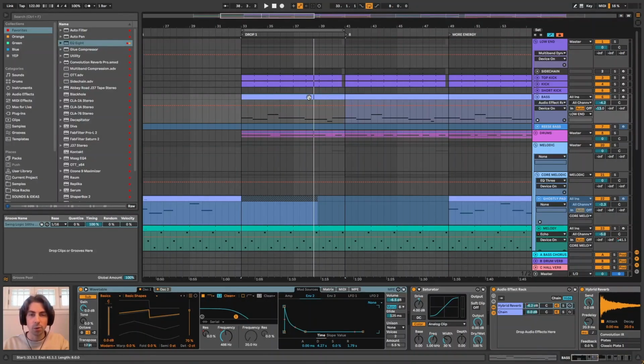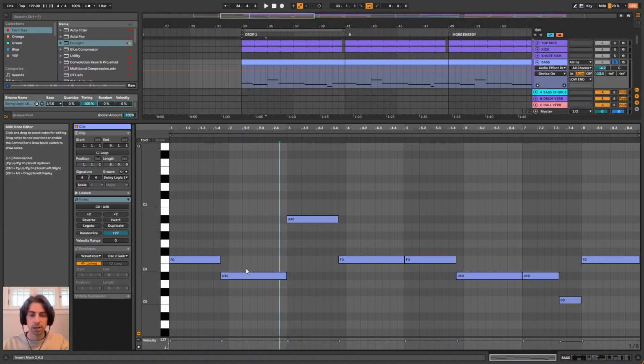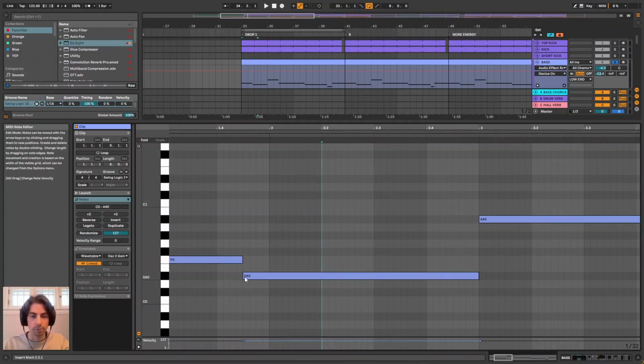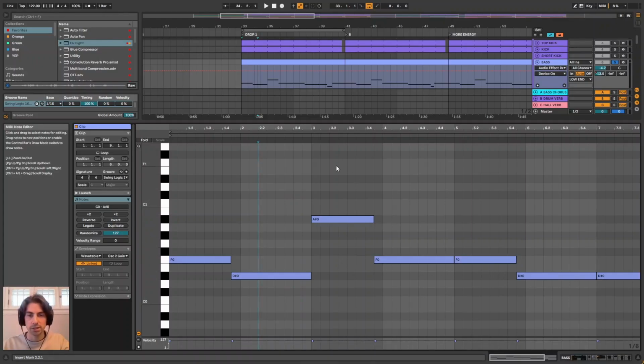Okay, so starting with the low end, more specifically the bass. Who needs Diva, am I right? Okay, so as far as notes chosen, I don't know theory. I didn't really choose a scale in this scenario, but I just chose what sounded cool in the moment. And also it's fun to not always have your notes end after each bar. Right here, it's going a bit before the bar ends. It adds some interest